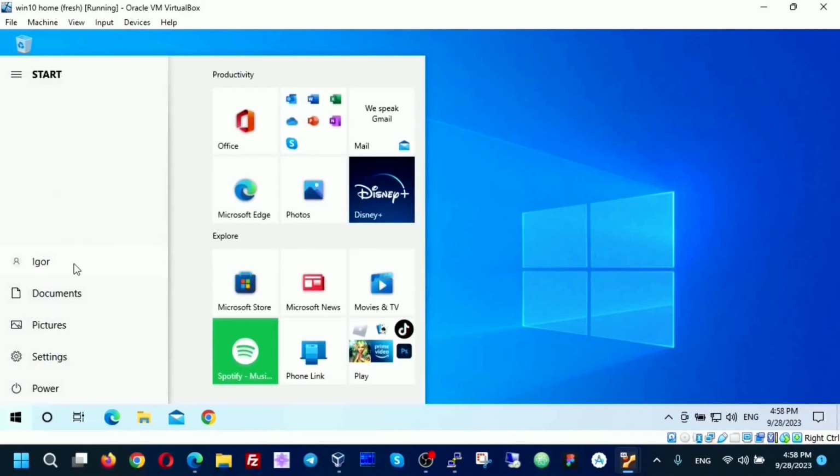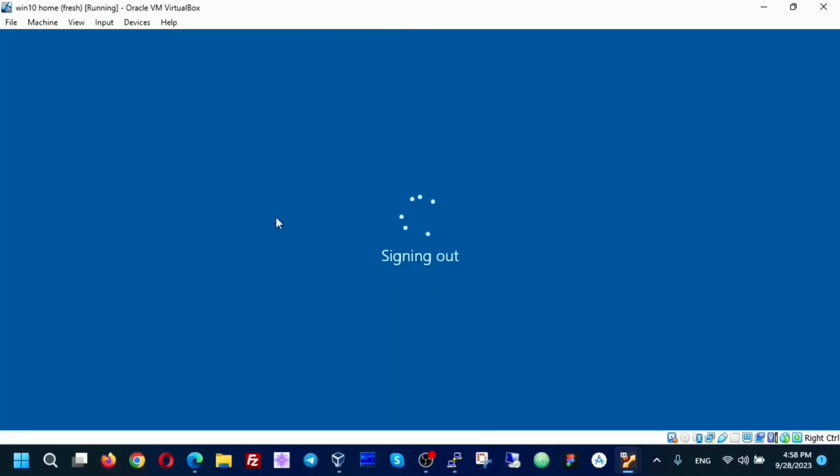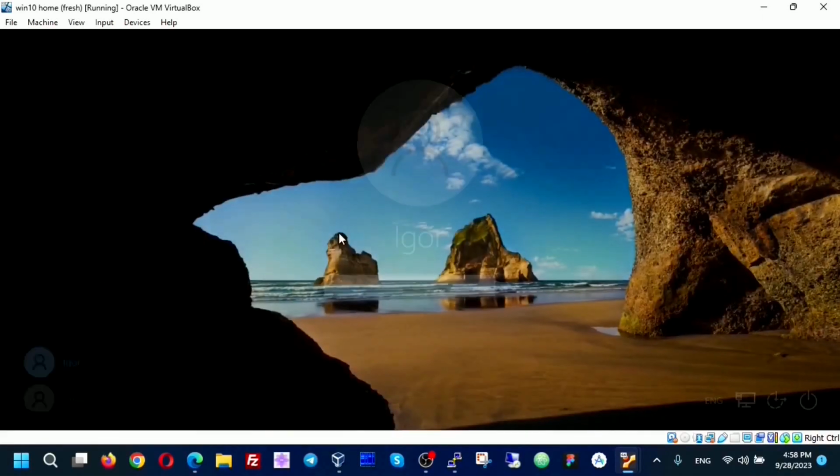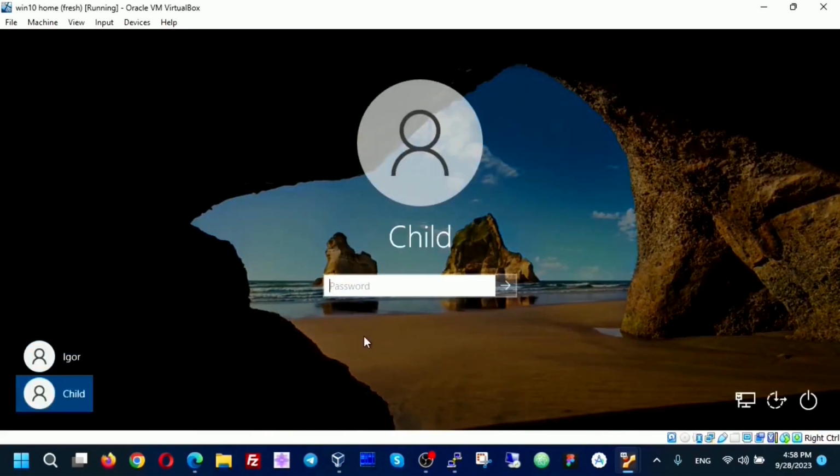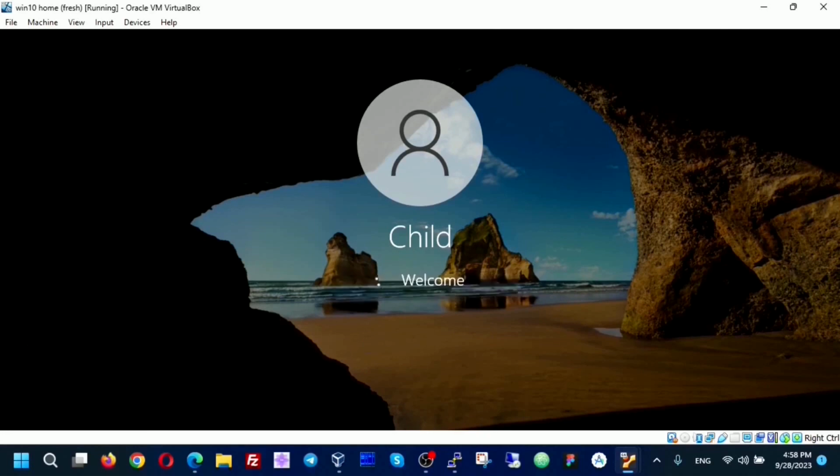We can log out of this user and log into another account on this computer. There is another account here. It's called Child. This account has not been used on this computer before. It is being initialized now.